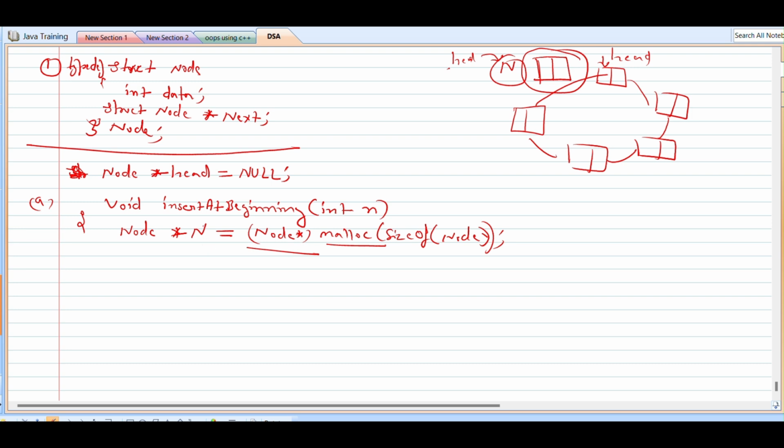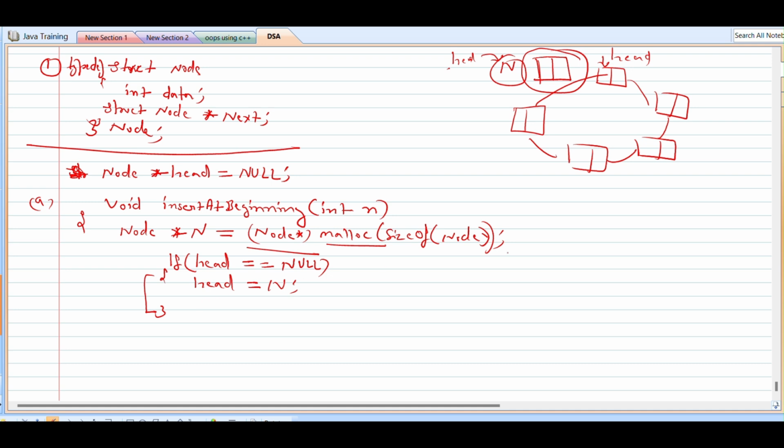Right now we need to check if head is equal to null. What does it imply? It means that our list is initially empty. Our list is empty, so our new node will become the first node, and that will be our head node, right? So if this is the case, then our head node will be storing the address of this first node,